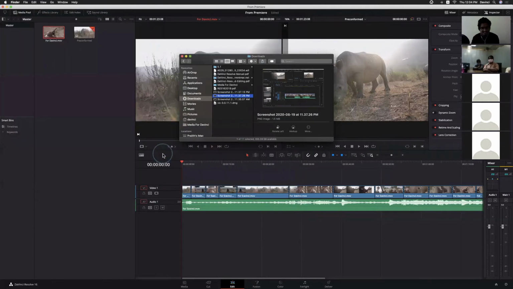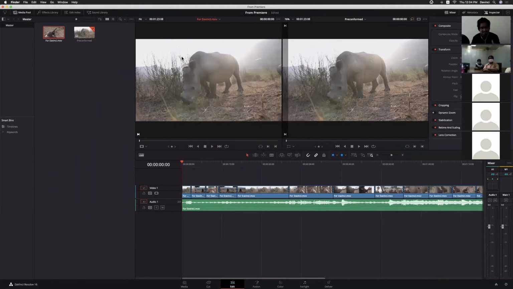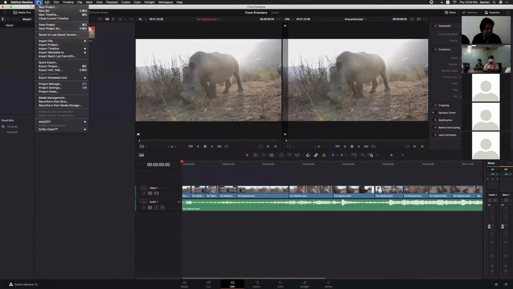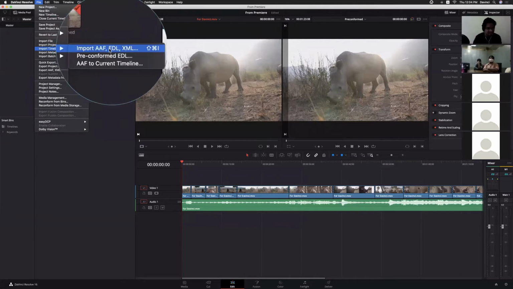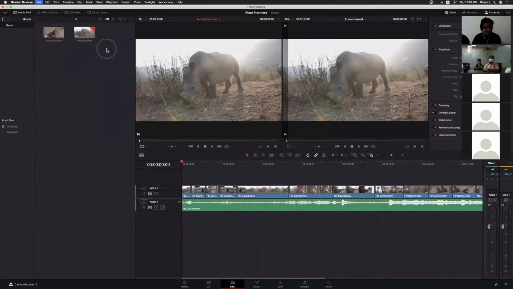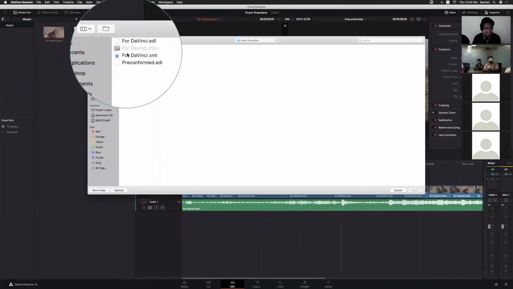Whereas for XML, you don't need to add any of the clips before importing your timeline. Go to file, import timeline, right? Import timeline, click it. Now here I'm selecting XML.